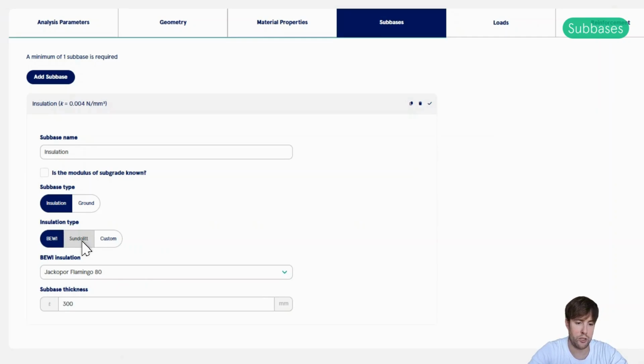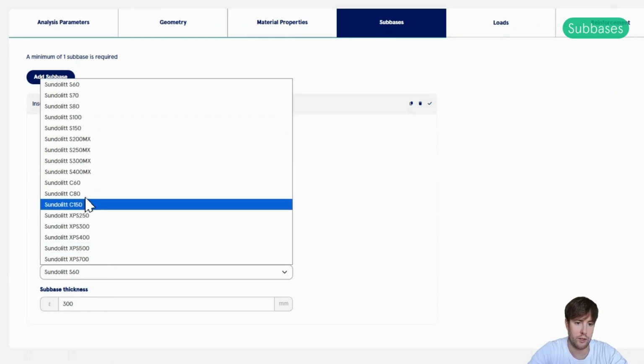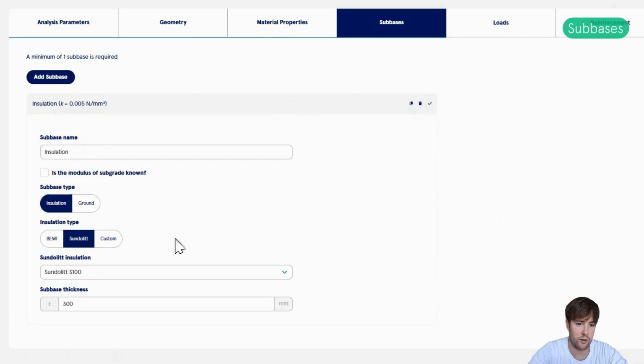We could also choose Sunderlit, another producer of insulation, and choose one of their insulation types. So let's just go ahead and choose, let's say, S100 here, Sunderlit S100, and keep the thickness of 300 millimeters.